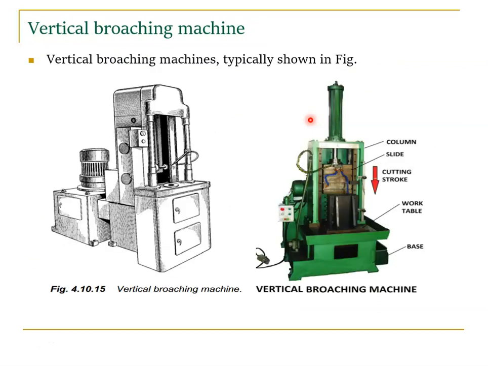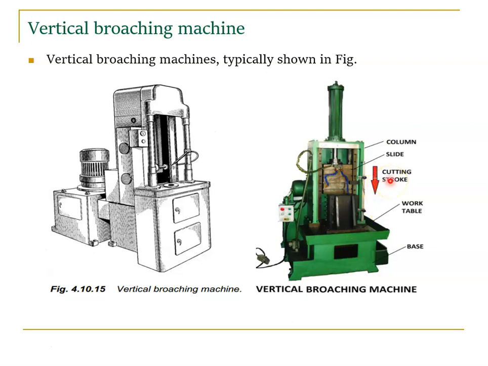Now we are going to see the vertical broaching machine, right? From the image itself we can easily understand, horizontal is similar to our lathe and vertical is similar to our drilling machine. So we will compare drilling as well as vertical broaching. In drilling, from bottom to top we have a base or bed. Here also we have a base or bed, right? We have a column, there also we have a column, right? Column to column, there we have a spindle, but here we have a ram, because